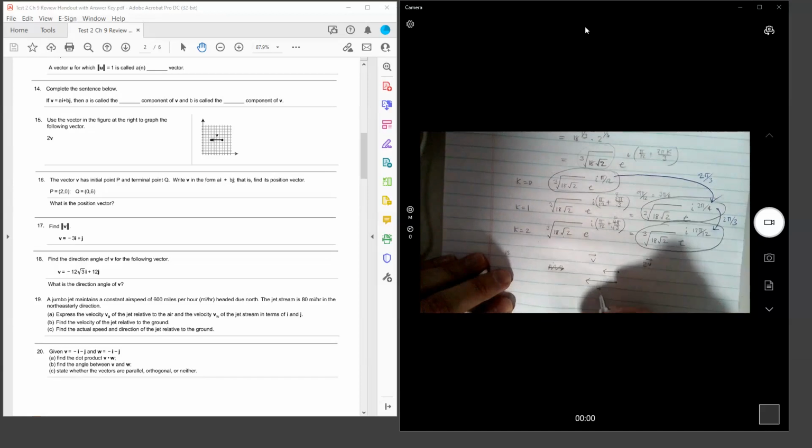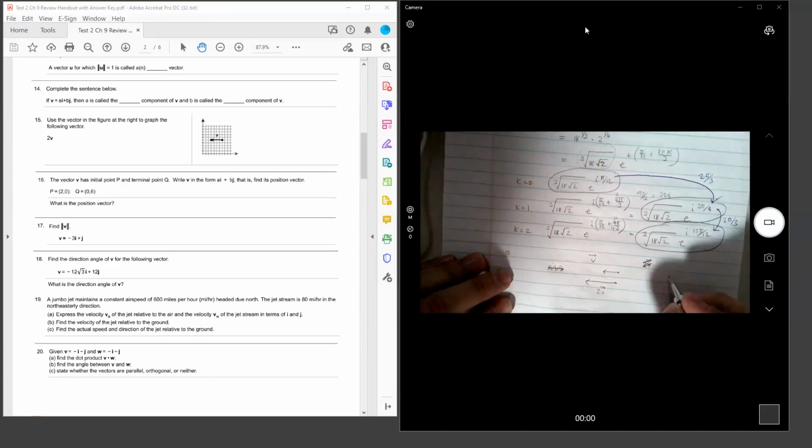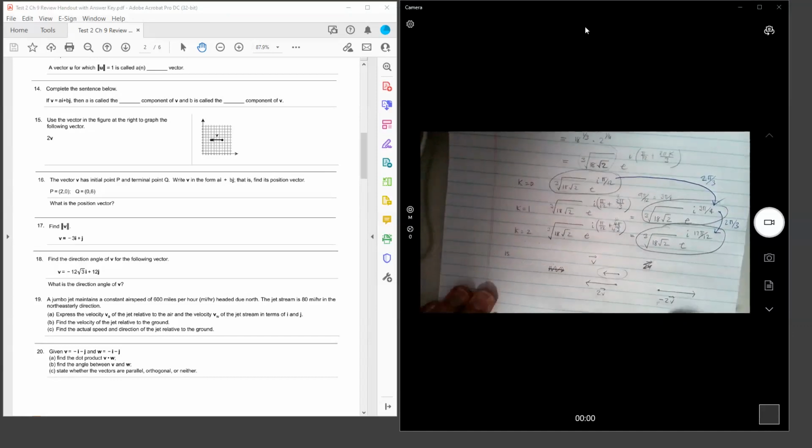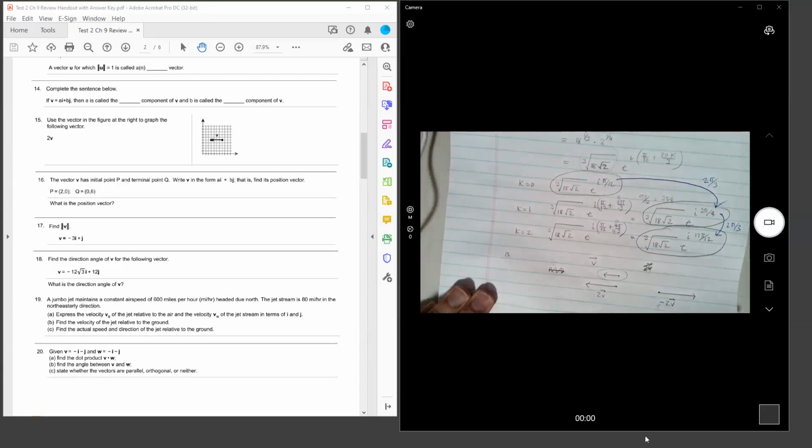So this will be 2V. Now, if we would have had, for example, a negative, this negative implies that it's a vector in the opposite direction, twice as long as its original version. Okay, so just in case you happen to get a negative,